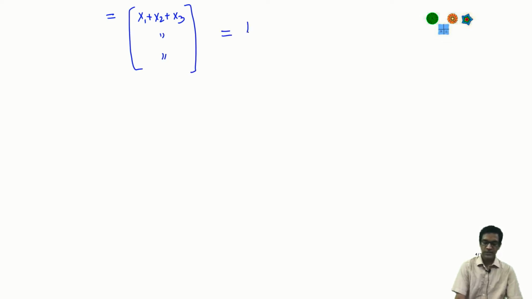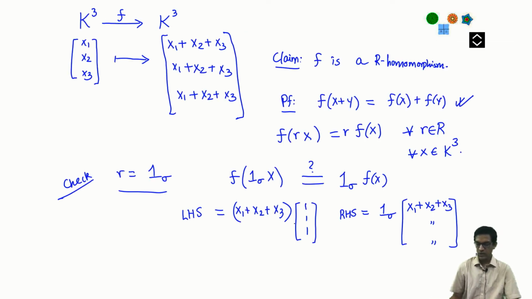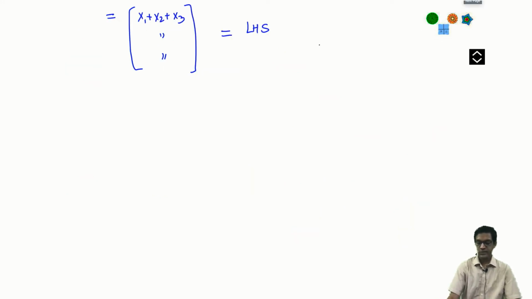And so that's exactly equal to the left hand side. Observe, the left hand side was also the same thing. So we have checked it for things of the form 1 sigma, and again I leave it as an exercise for you to check that it's true more generally if I take my ring element to be the more general form, a linear combination.